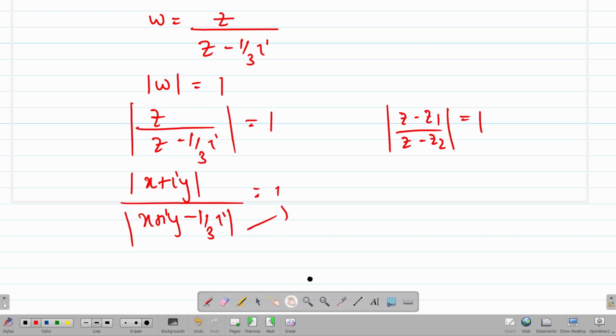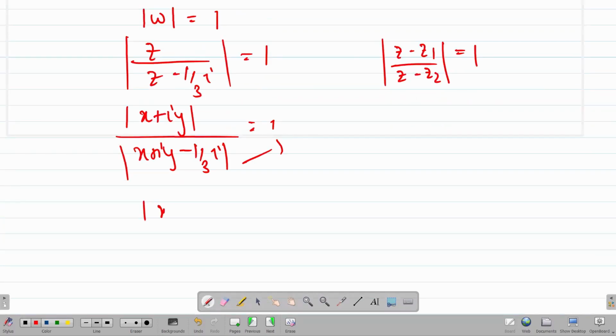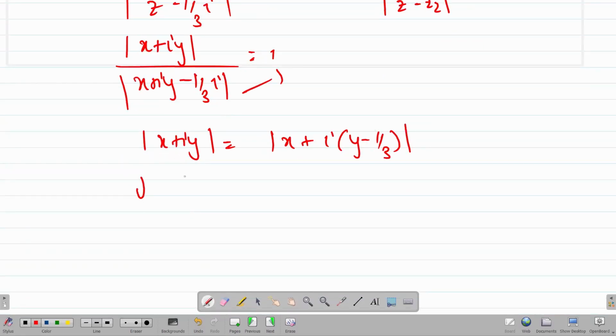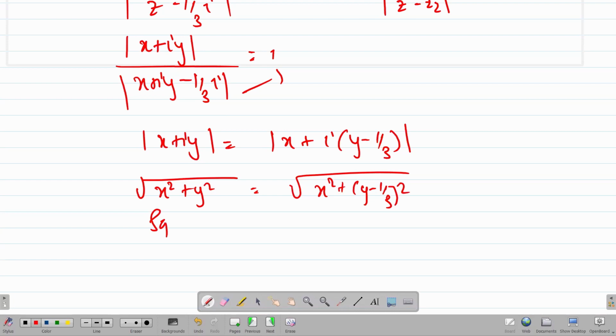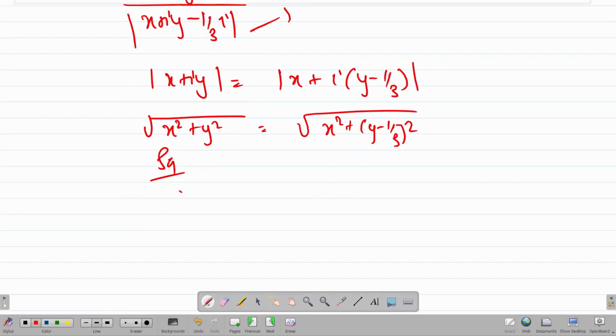And as we have done in my previous question, just take this to this side, separate real and imaginary parts, and the rest is we have to take the modulus and then square both the sides. So mod of the left hand side is x square plus y square, and mod of the right hand side is x square plus (y minus 1 by 3) whole square. And after squaring, what we get is x square plus y square equals x square plus y square plus 1 by 9 minus 2 by 3 y. And on further solving,